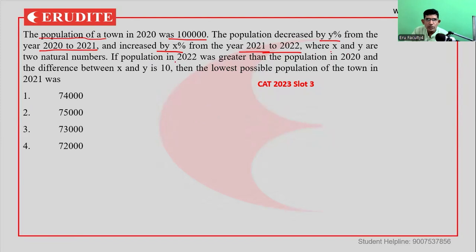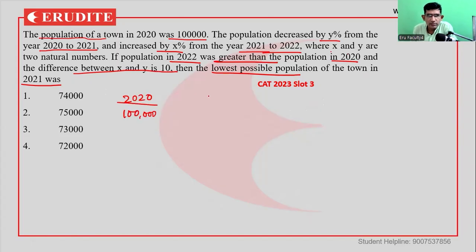If the population in 22 was greater than the population in 2020, and the difference between X and Y is 10, then the lowest possible population of the town in 2021 was what? Now the question is clumsy or lengthy, but still we can make it faster by our logic. So let's try out. So if I draw the schematic first, तो in 2020 the population था